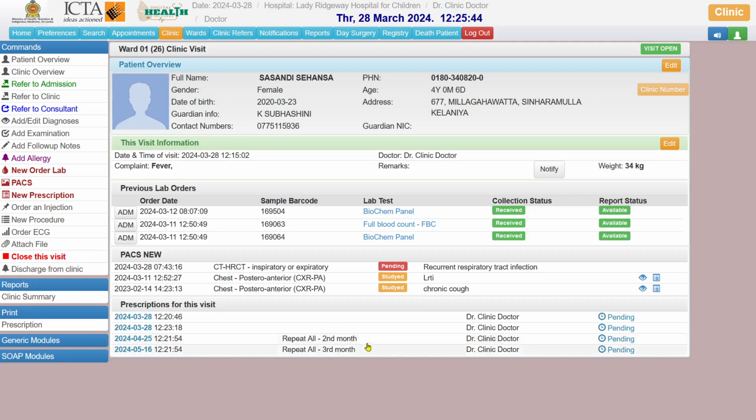So suppose the patient comes later, then we have to edit and put another prescription anyway. So we'll ask the patient to come on these days to get the next month drugs. Right. So that's about the multiple